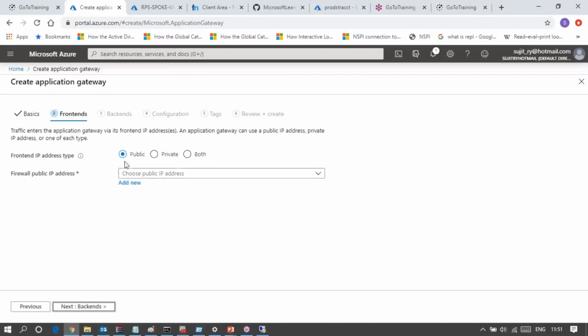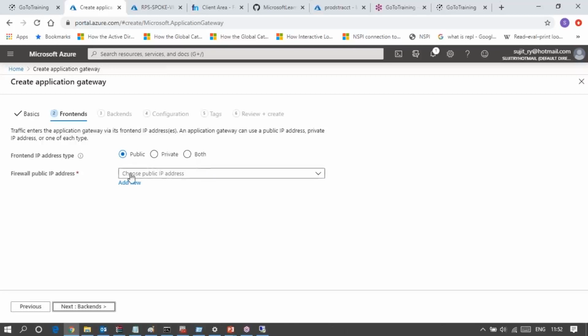Front end IP address: public, private, or both. You can use it for both activities. This particular application gateway can be used for an internal environment or only for an external environment. So the choice is yours. For easy understanding, we will go with the public one. Otherwise, we can use both. If your application gateway always serves external users and should not be used for internal activity, then you can choose only public. But if you want to use it for both areas, publicly and internally, choose both. Or if you want to use it only for an internal environment, choose private.